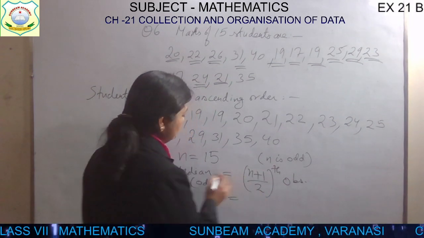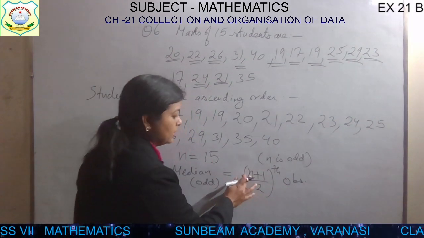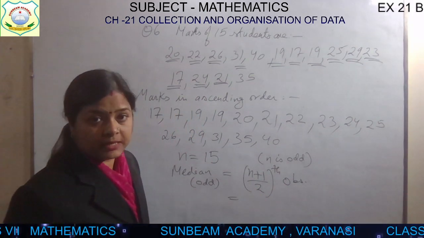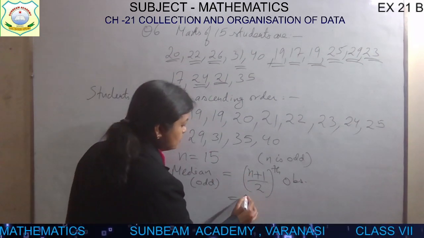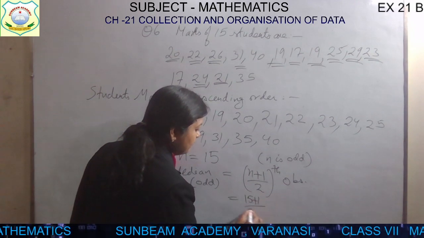So what is n? We know n is 15. So put 15 in place of n. Wherever you see n, write down 15. So 15 plus 1 whole upon 2